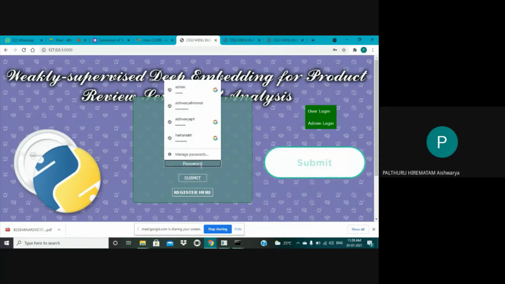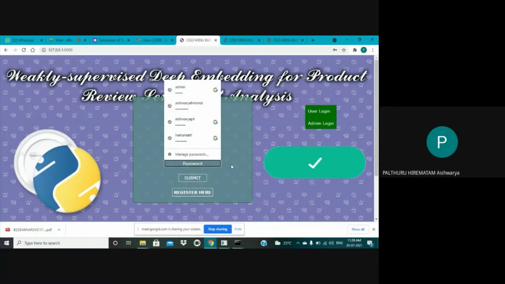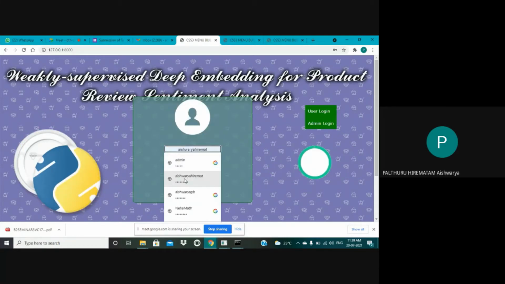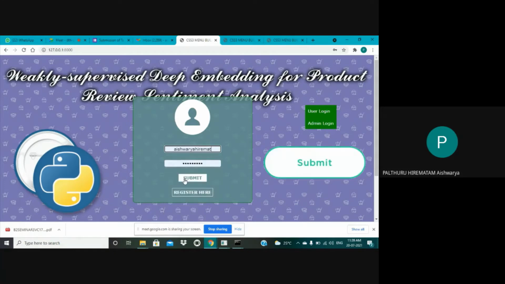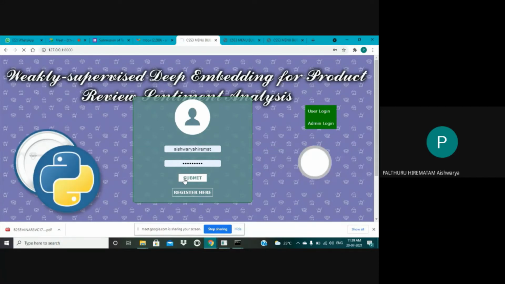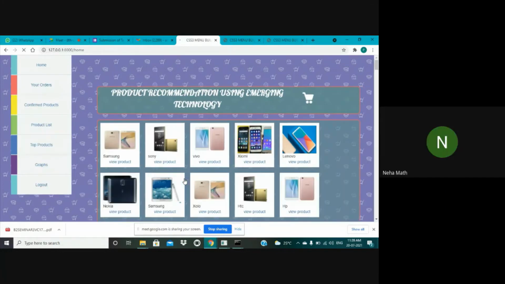It is necessary to have a username and password to log into this system. Here I'm using an existing username for time convenience, and it is being loaded. Further explanation is given by Neha.